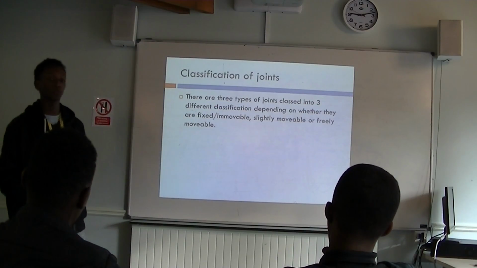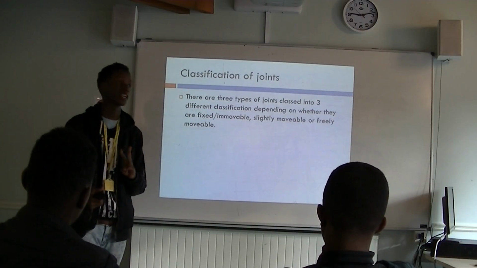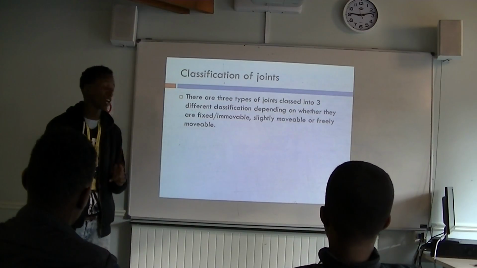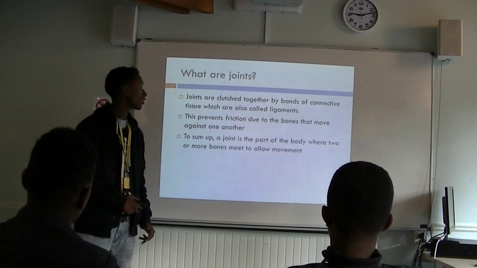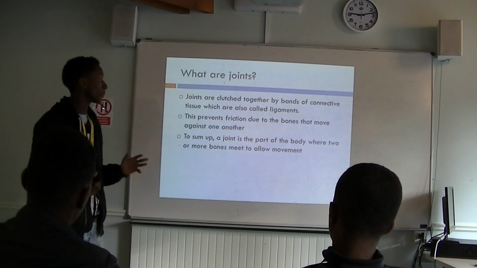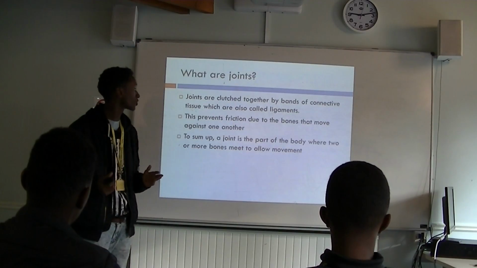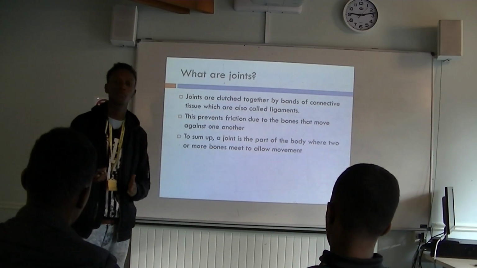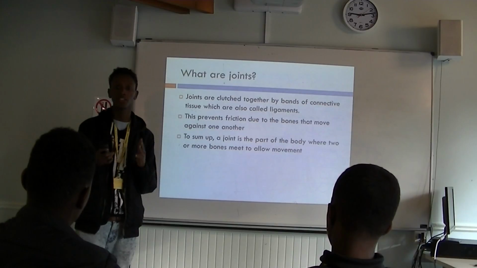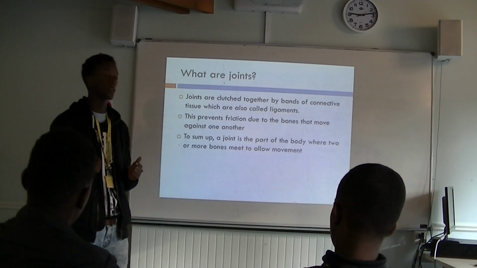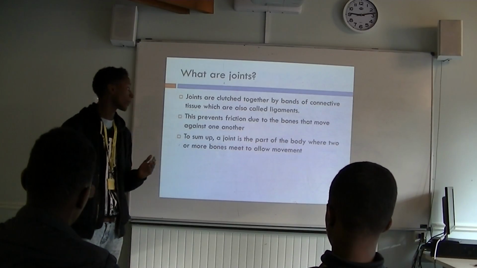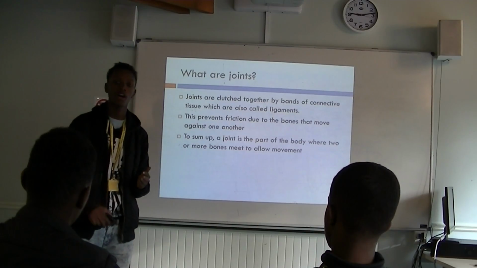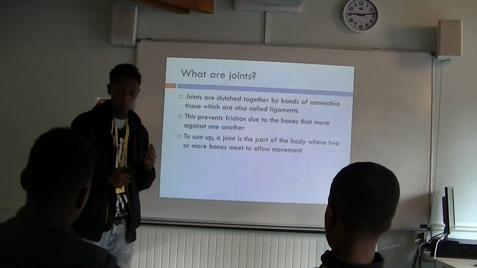There are 3 types of joints, classed into 3 different classifications depending on whether they are fixed, slightly movable or freely movable. Joints are held together by bands of connective tissue, also called ligaments. This prevents friction, which is when bones rub against each other, which could cause a painful experience. To sum up, a joint is the part of the body where 2 or more bones come together to